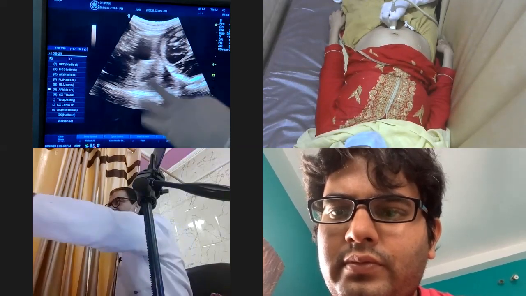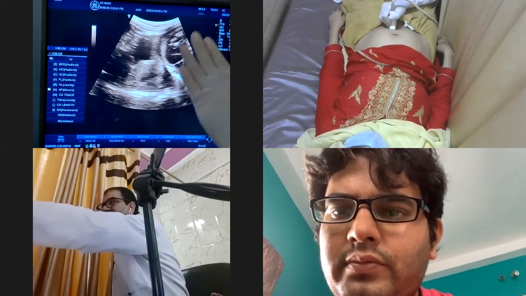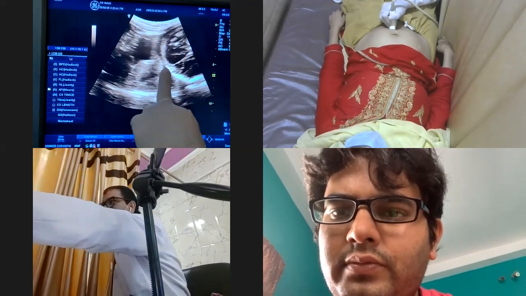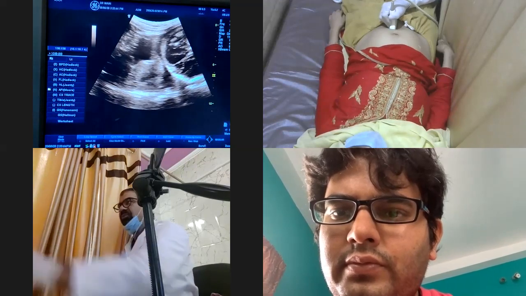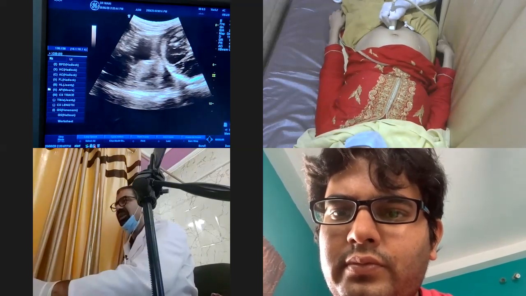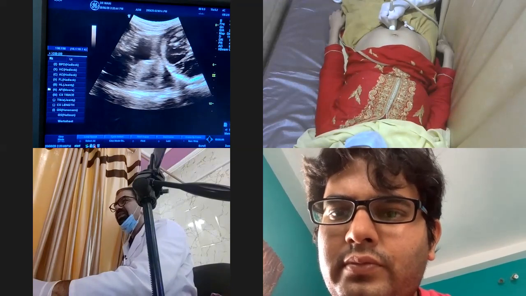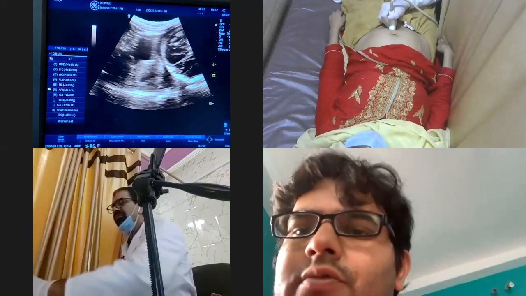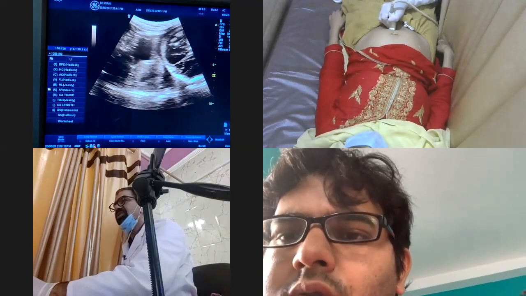So the point is, if there is leaking at any point of time, the first thing that will be washed off is the mucus plug only. So if you don't see a mucus plug and the patient is complaining of leaking, then the mucus plug is washed out because the patient is having the leaking.